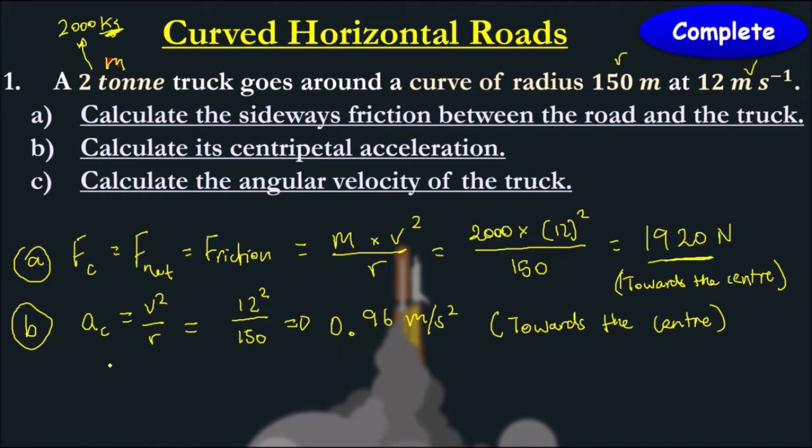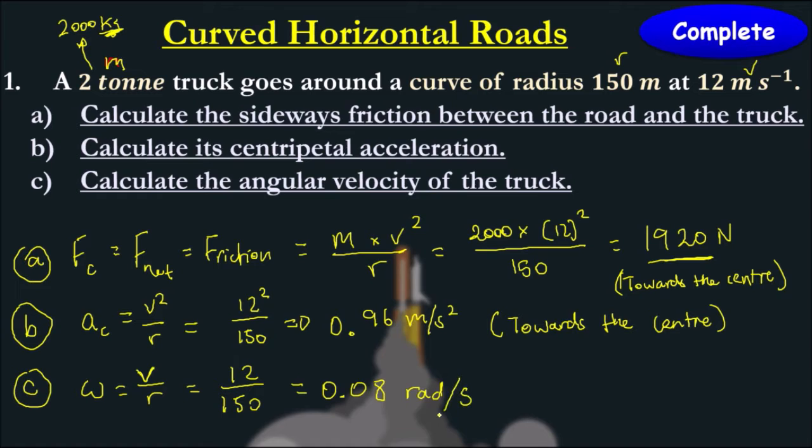And then C, calculate the angular velocity of the truck. We want to find omega. We have linear velocity and we also have radius, so the formula is v over r. So it would be 12 divided by 150 and we get 0.08